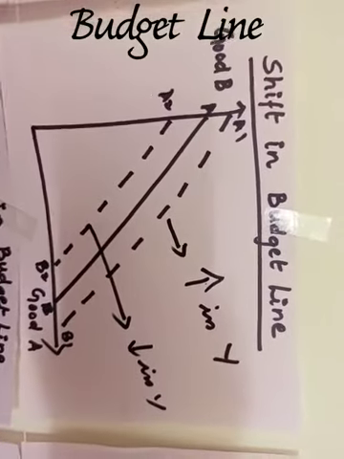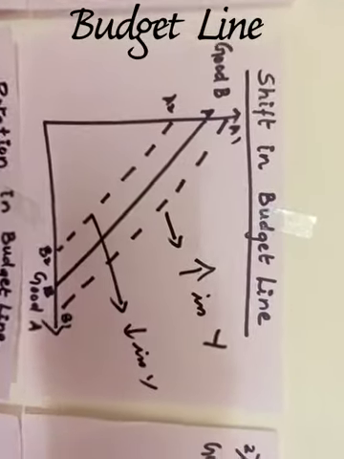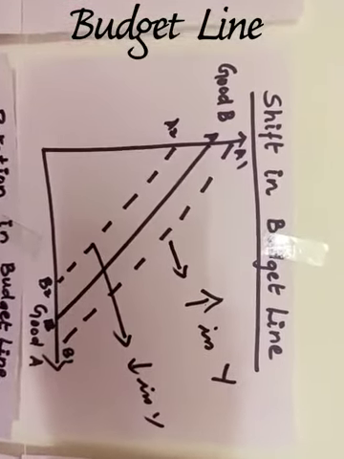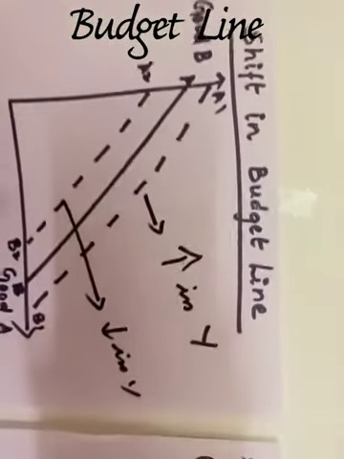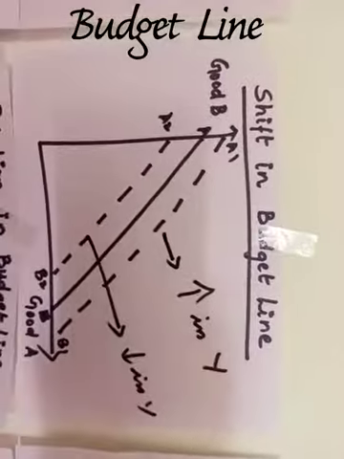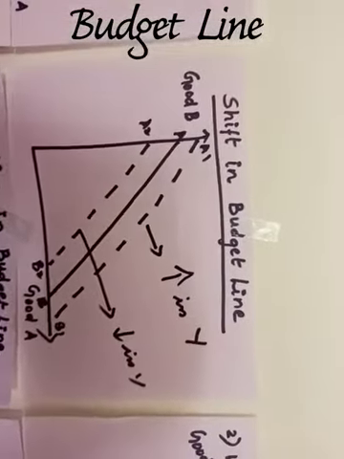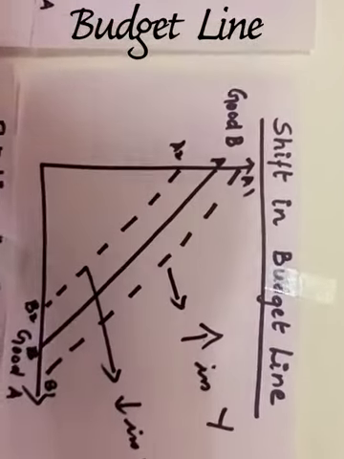So I can very clearly say that during the COVID time our budget line shifted leftward. But when you win a lottery or a bonus, for example during the Onam time when your company gives you a bonus, your budget line will shift rightward, showing an increase in income. So that is the shift in the budget line.